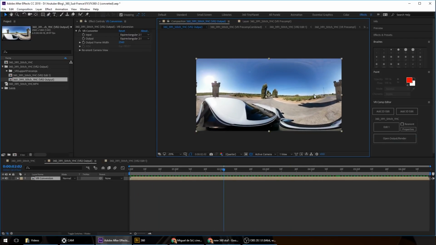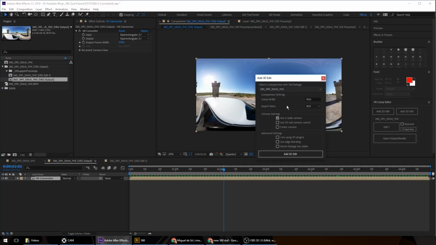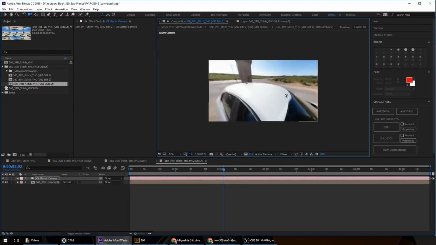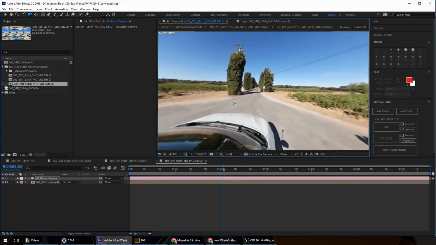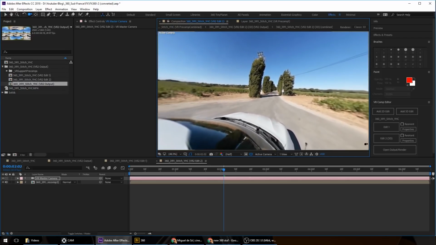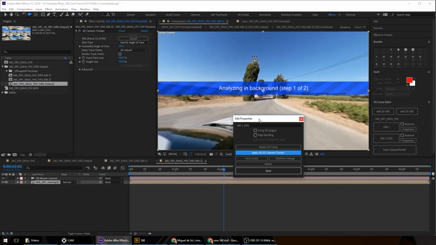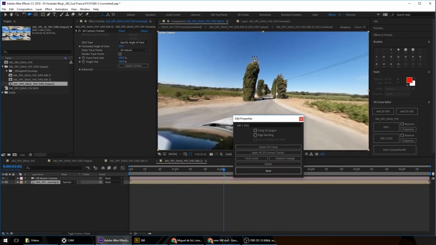So what I'm gonna do is add now a 3D edit, and it's the correct composition. And now what I can do, it's look around also. And now the really cool thing is, if I click in properties, I can apply a 3D camera. And now it's applying a 3D tracking camera to this image. So we're gonna wait. Come on. There we go. Now what it did track this point of view of the 360 image, and now I can